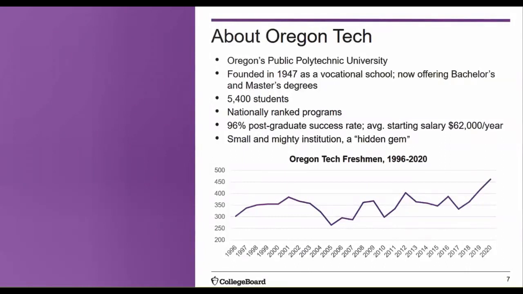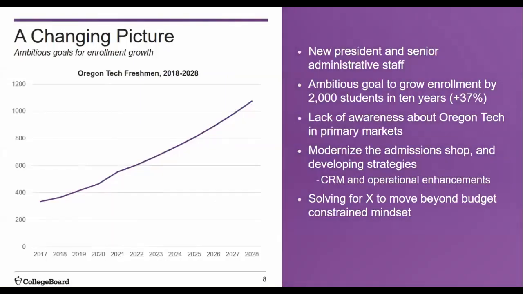Top priority in my first 100 days at Oregon Tech was launching senior, sophomore, and junior search using College Board segment analysis. Note the spike in new freshmen in 2012 in front of you. It was the only year search was done, and it was the only year since the 1980s that Oregon Tech exceeded 400 new freshmen. The long-term goal is to go from the slide you see in front of you here to this, so that we landed about 2,000 additional degree-seeking students by 2028.